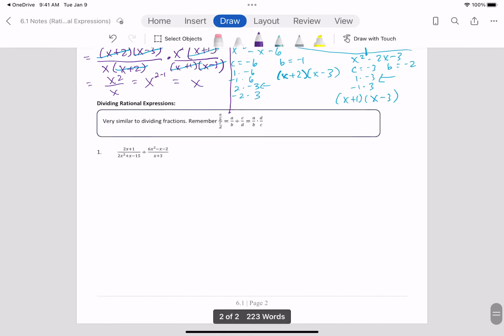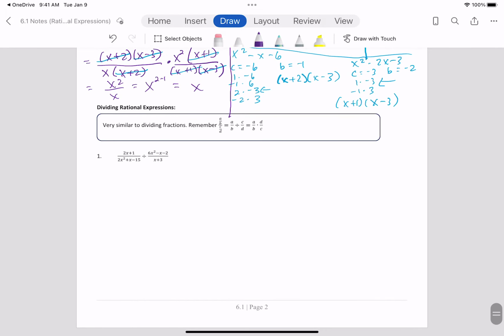Alright. Last type of this is to look at dividing rational fractions, and it's going to be very similar to the